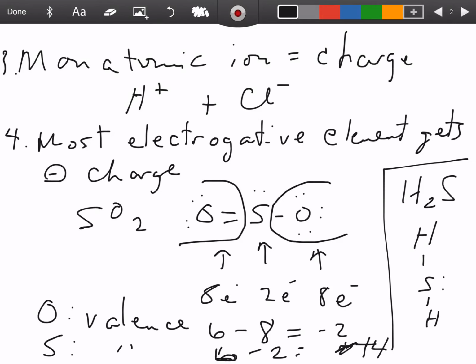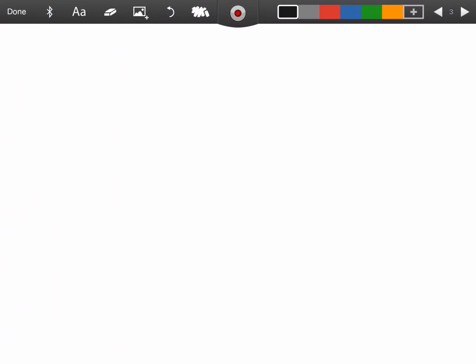We're going to have a couple of electrons here. The most electronegative element here, by the way, is the sulfur. And so the sulfur is going to get all of those electrons. And so the sulfur in this case is a minus 2, and the hydrogen is a plus 1 charge. Okay, so that takes us to rule number 5, which is that hydrogen is usually a plus 1,